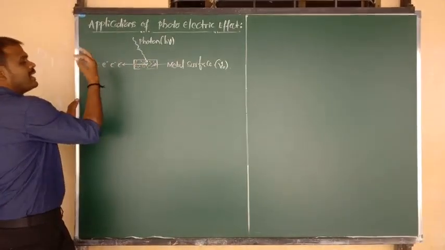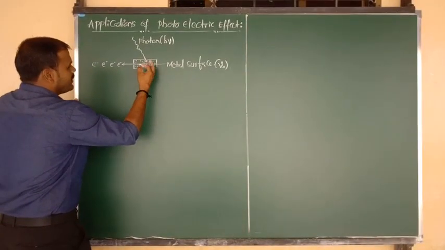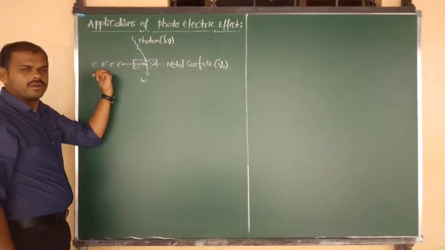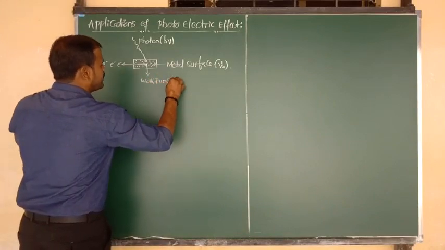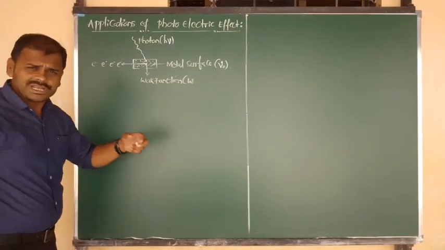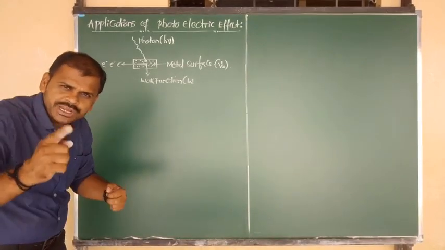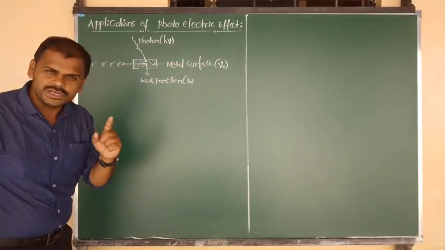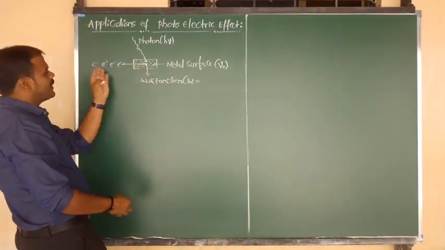The energy required for the removal of this electron, already I have told you, was taken from the photon to remove the electron. Such energy is equal to the work function. It is denoted with the symbol W. Work function, and we can also use another word, threshold energy, meaning the energy required to remove the electron from the metal surface is known as threshold energy, or work function. Work function is nothing but the required energy for the removal of an electron.